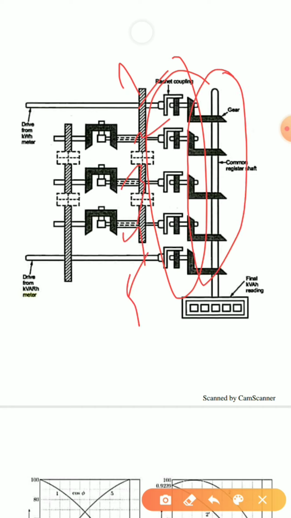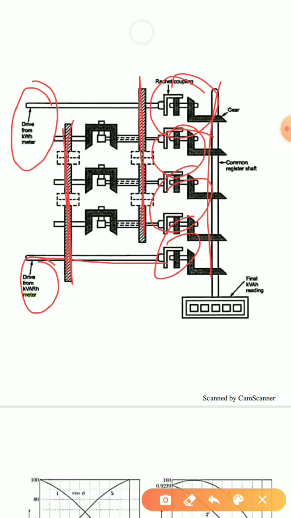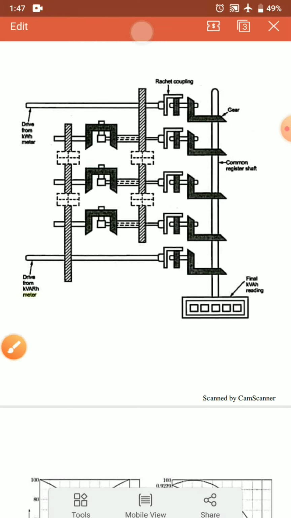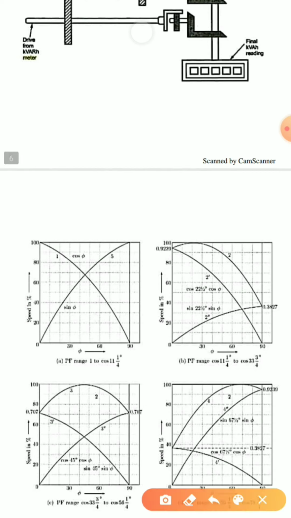These 5 gears are connected to a final reading instrument. We can see here the kVAH meter and kVARH meter are connected together using some special gear arrangement. Some ratchet couplings and gear mechanisms are used, and all these together give me the final reading produced by my trivector meter. Both the meters drive a summator through a complex gearing arrangement, and the summator will register the readings because of both these meters, and it has 5 different gear arrangements. So let us see what the 5 different gear arrangements are.